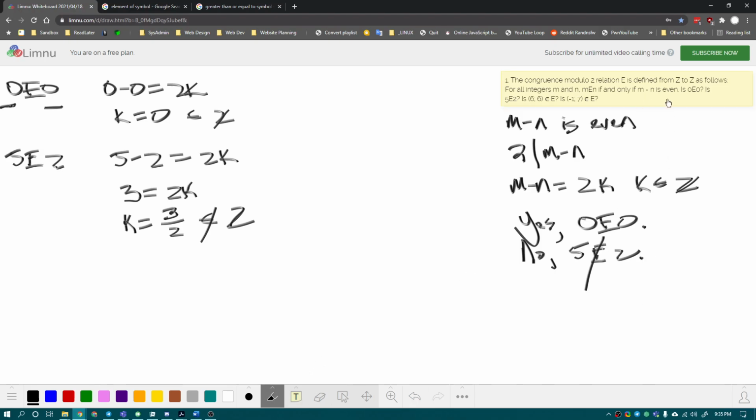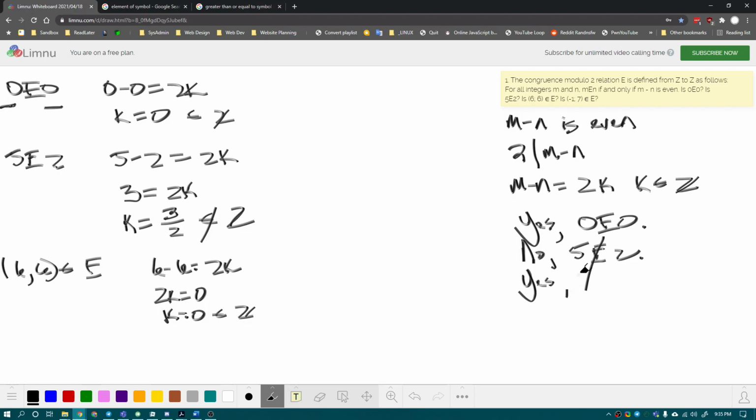Okay. Next one is 6, 6, an element of E. Christian, would you help me with this one, sir? Yeah, so 6 minus 6 equals 2K. And we got 2K equals 0, K is 0, which is an integer. So what can we conclude? That it's true. Yes. That's how you'd write it. You'd write yes, and then